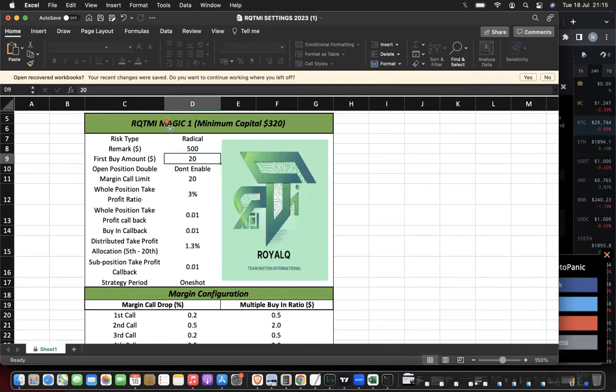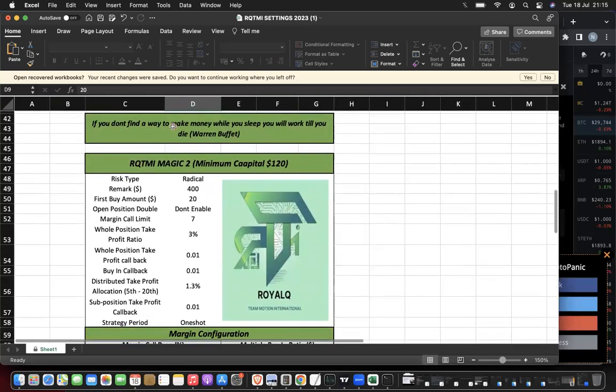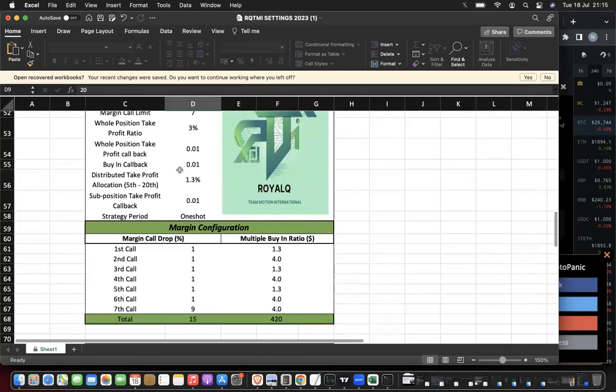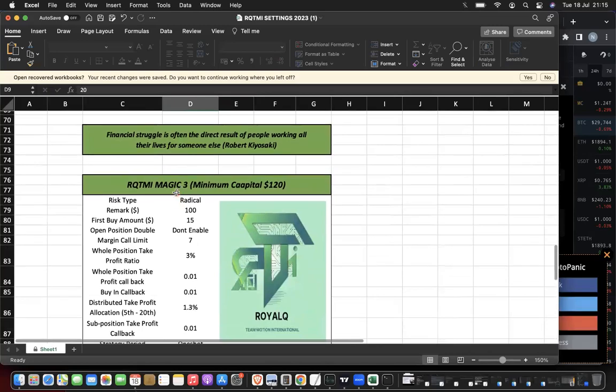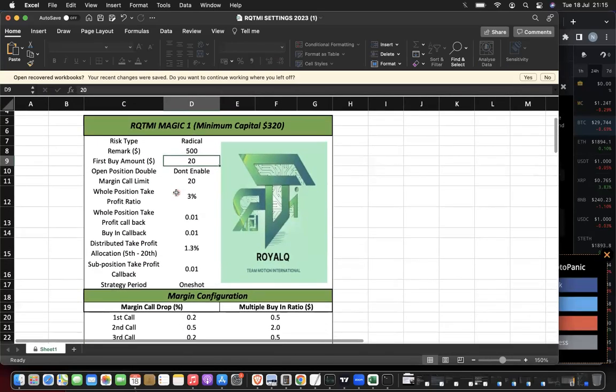So this is method one. If you scroll down the Excel sheet, there's also method two, or magic 2, and there's also method 3. All right, so let's talk about method 1. I am having the assumption that all of you know how to go to your bot and you know how to